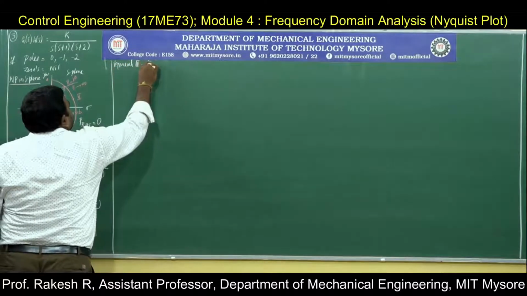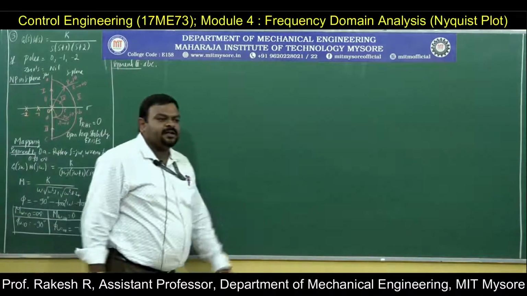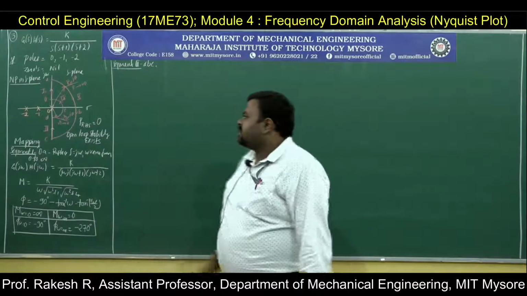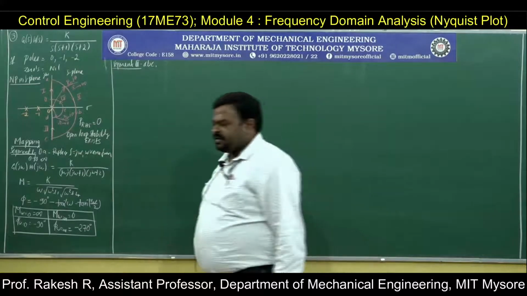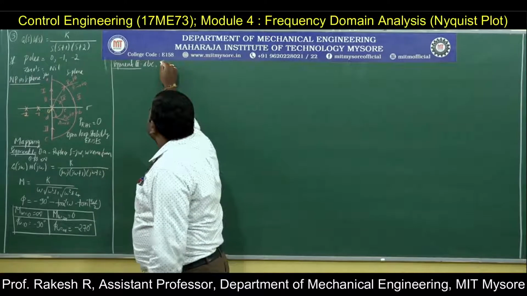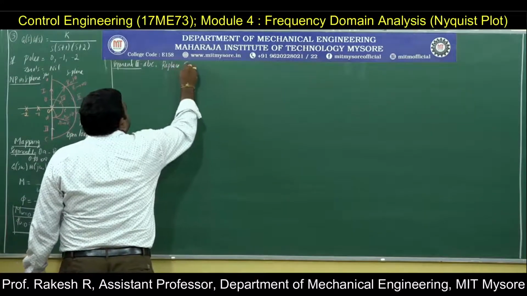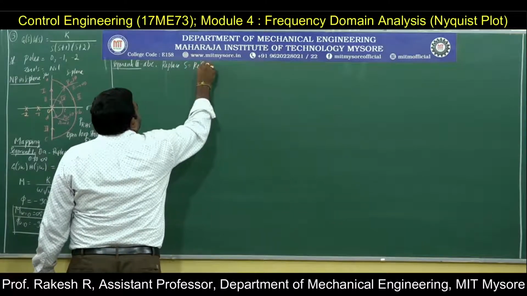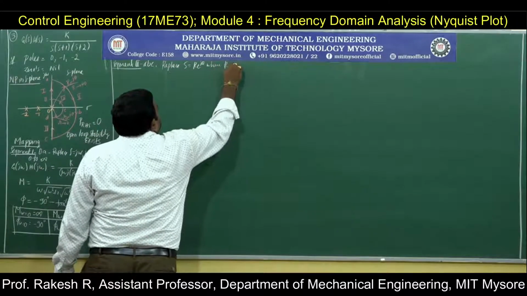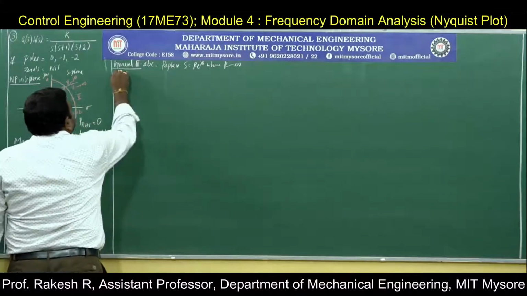Segment 2 is ABC. ABC is you are searching the entire right half of the S-plane. Hence it is a plot of a circular contour. Since it is a circular contour, we have defined a special function. So hence replace S is equal to R e to the power of j theta, where R tends to infinity. After that, theta varies from